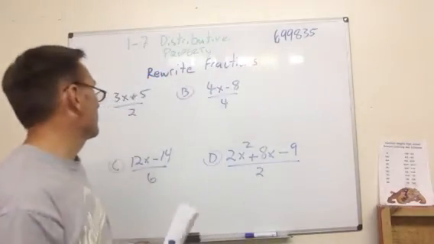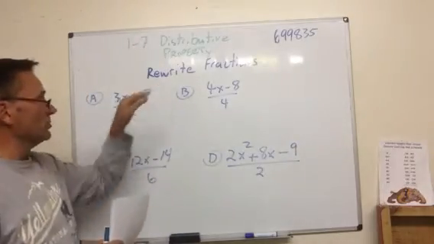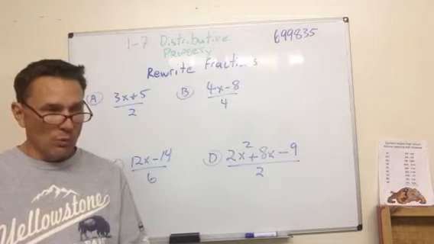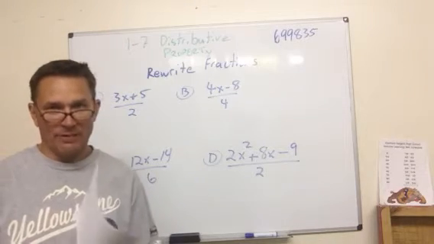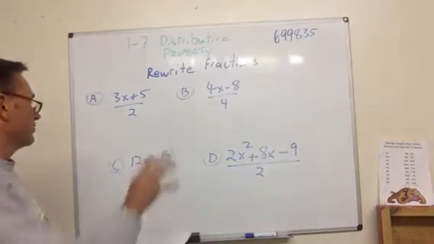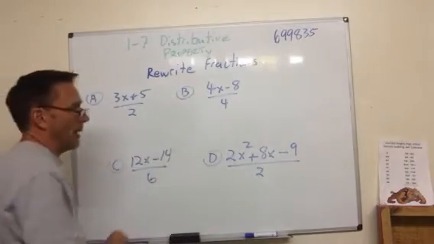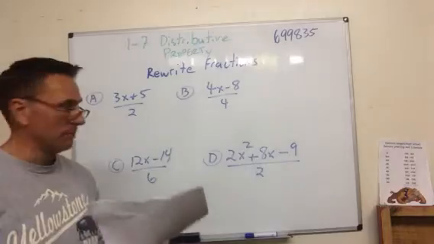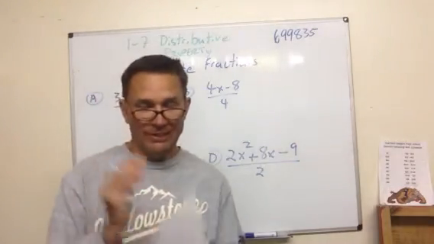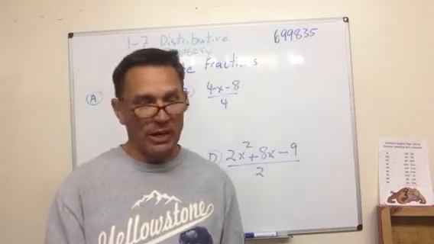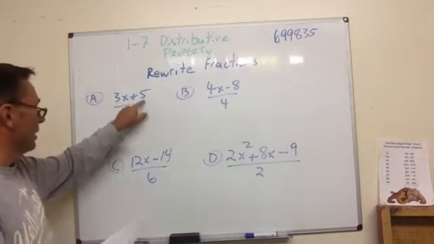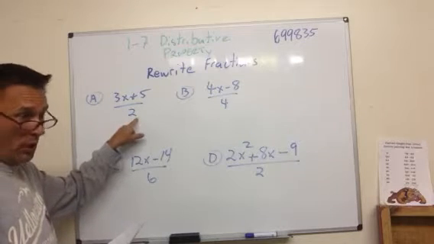Continuing on with the distributive property, we're going to be looking to rewrite fractions. Now, when we're rewriting fractions, it's not as bad as everyone says because you hear the word fraction. We're simply making these more than one term. Again, remember, a term is just multiplication and division together. No addition or subtraction. So when I see 3x plus 5 up here and just over 2, I want to